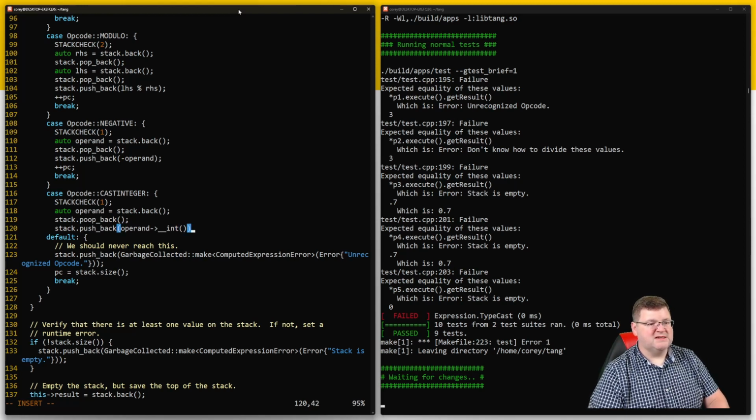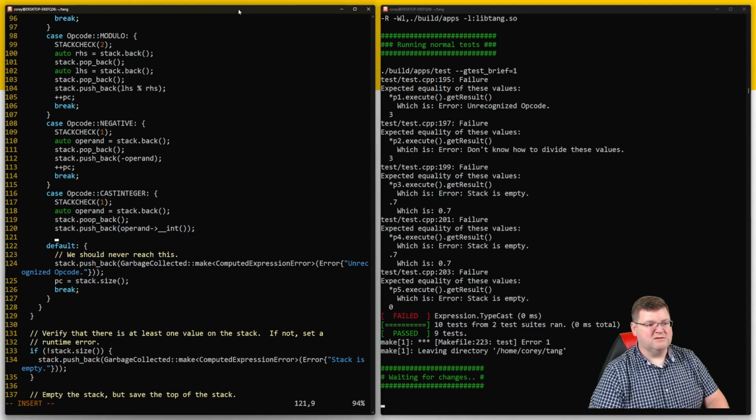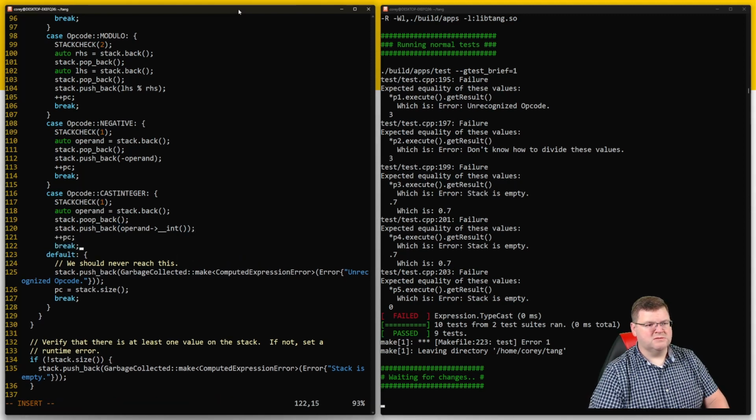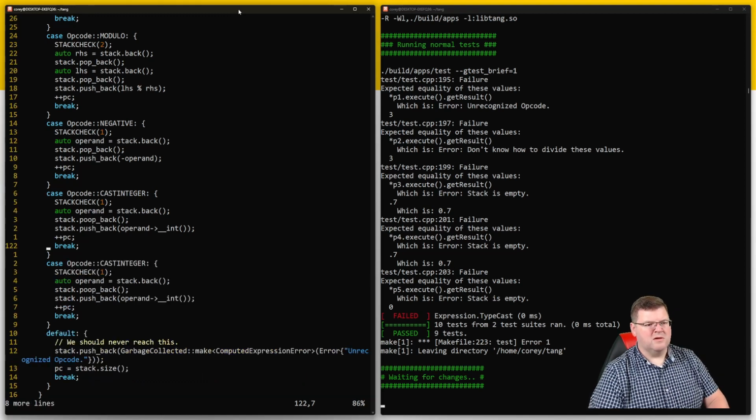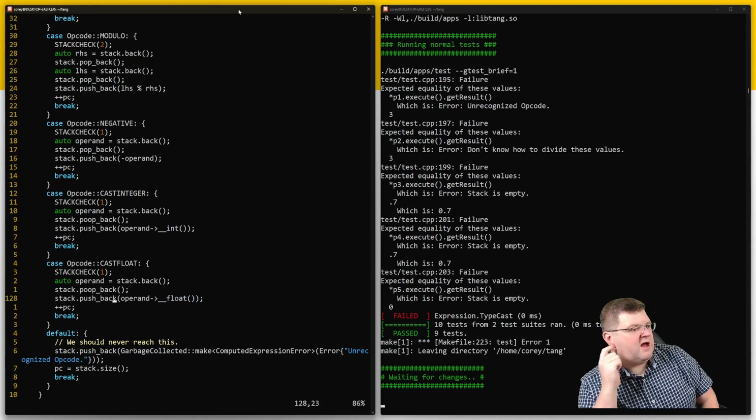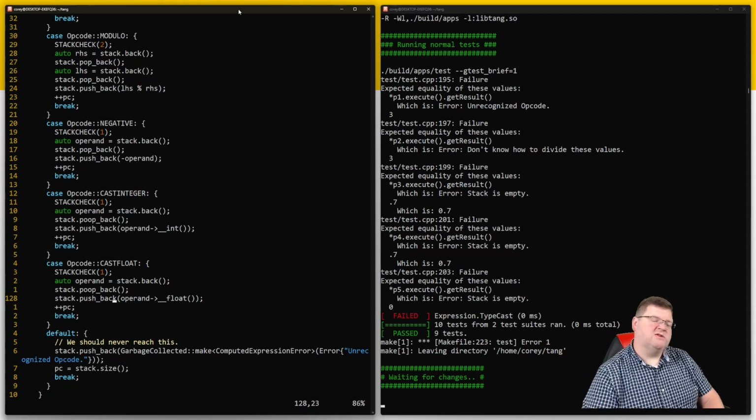This doesn't exist yet, but it's about to. All right, and now the float. And so what am I doing here? I am committing right now that when we use the arrow operator on the operand,